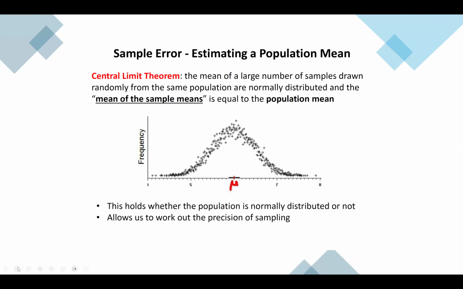Sample error, when you're estimating the population mean, so this is the central limit theorem. It says that the mean of a large number of samples drawn randomly from the population are normally distributed, and the mean of the sample means is equal to the population mean. What they're saying is if you take enough samples from the population that gives you a big enough distribution, you can actually say that whatever that sample size tells you can count for